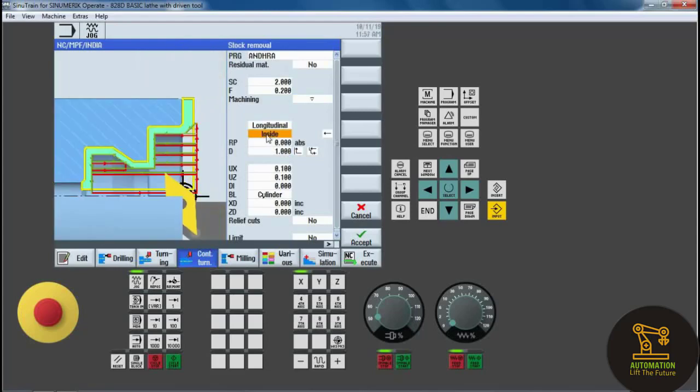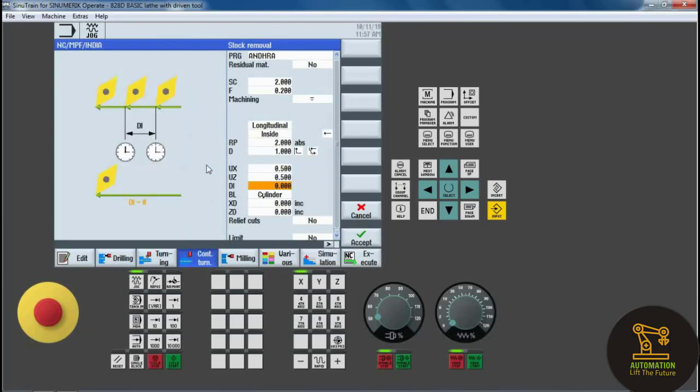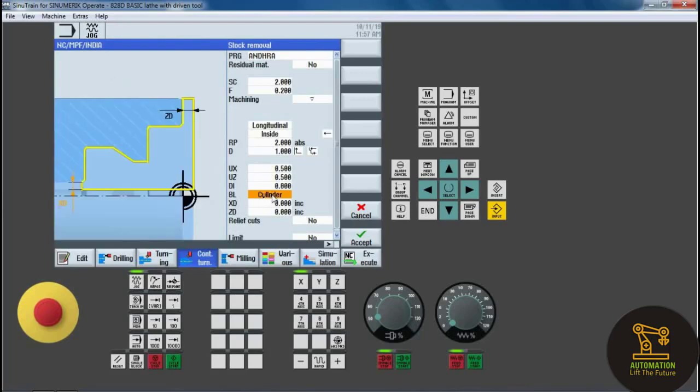we remove the material inside, so we keep inside, and retract path is 2, and D means depth in feed, minimum depth in feed, so 1, and Ux is the finishing allowance in X axis. So next one is finishing allowance in Z axis, and D1 is the dwell time, it's not required. So XD is 10 and ZD is 0. Next one is relief cuts, it's not required, and click